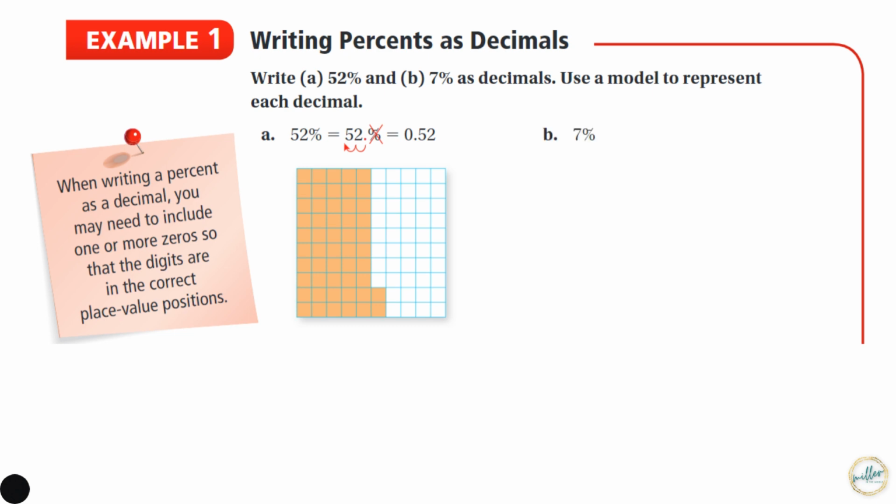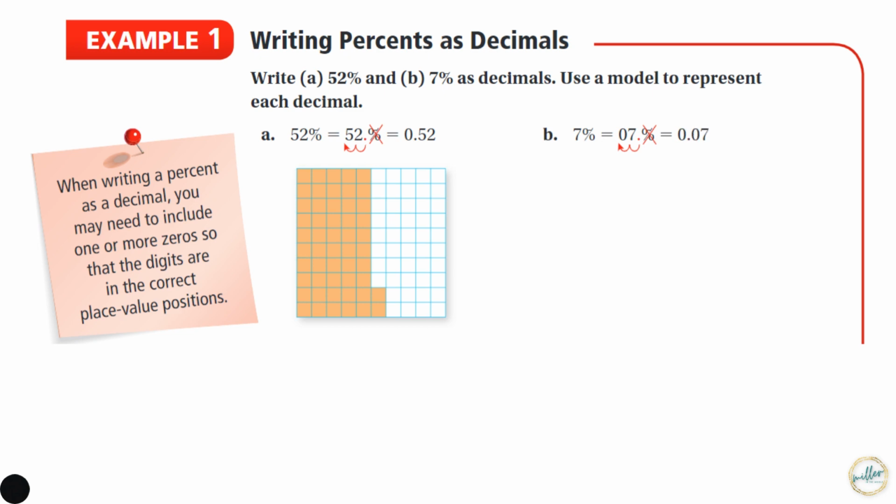Part B, write 7% as a decimal. Use a model to represent each decimal. 7%, then we remove the percent sign. Now this one's a little bit different. We still need to move the decimal 2 places to the left, but when we do that, we run out of digits, so we have to add an additional 0 before the 7. So then we get